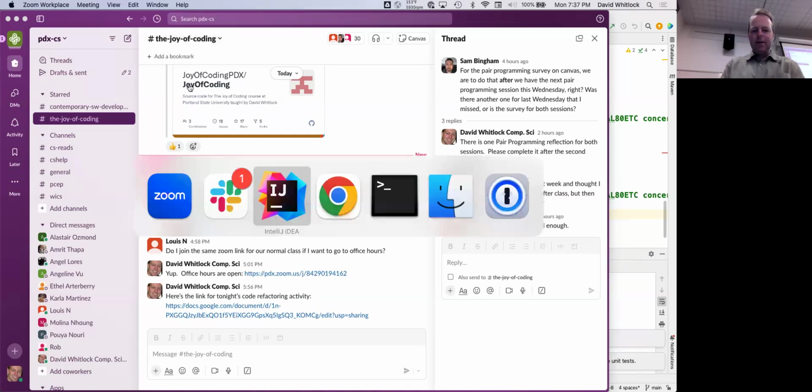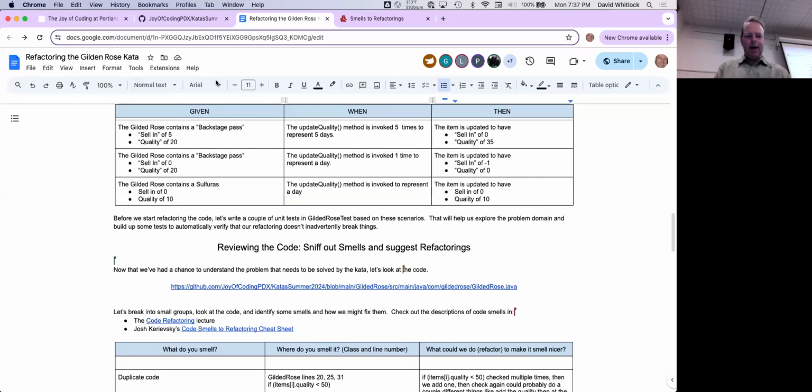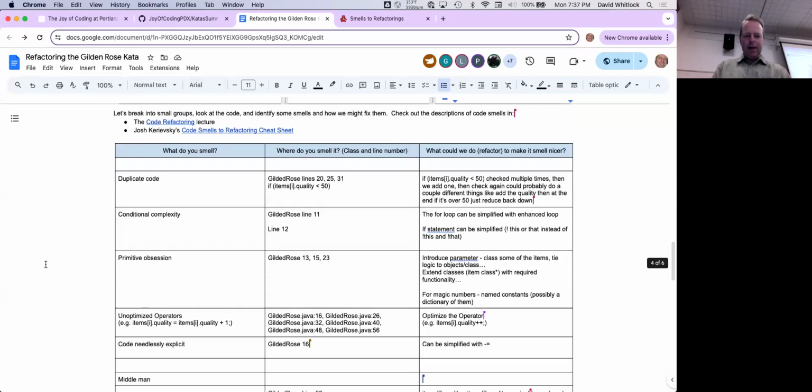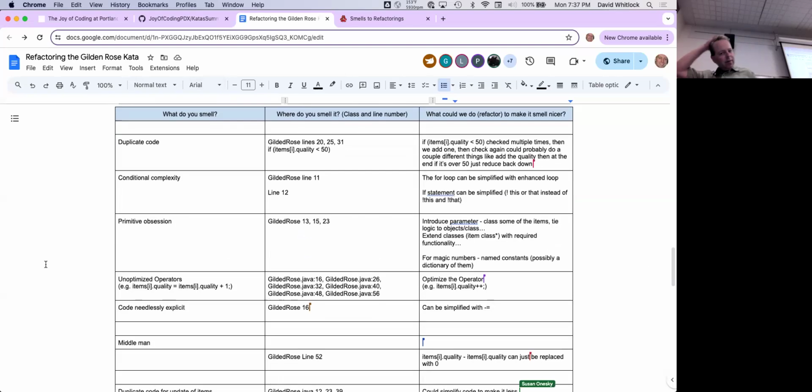So then, let's take a look at what we got. We got some good brainstorms. Does anybody have anything they want to say about what they just experienced in the last 15 minutes looking at this code and thinking about smells? Any observations you want to share? Anything that stood out as particularly insightful or surprising?